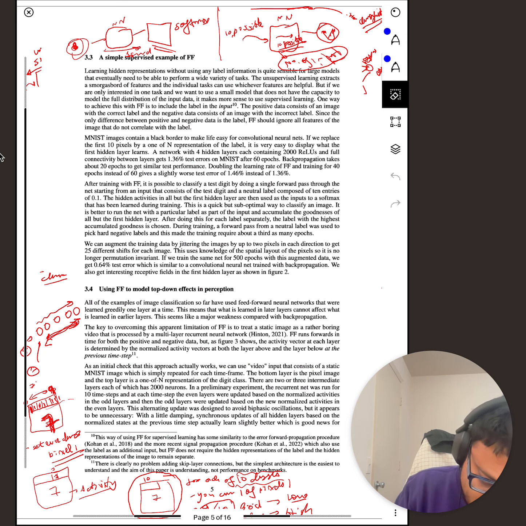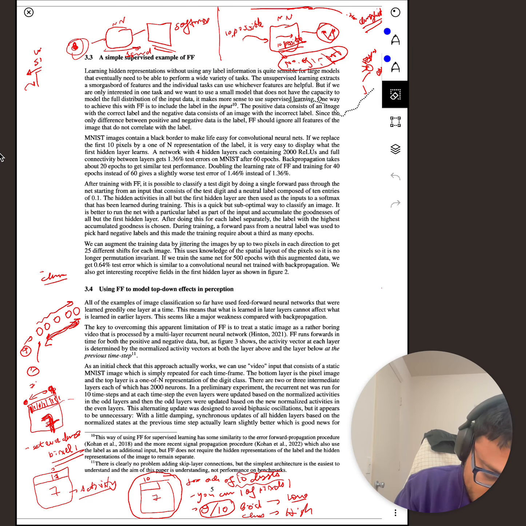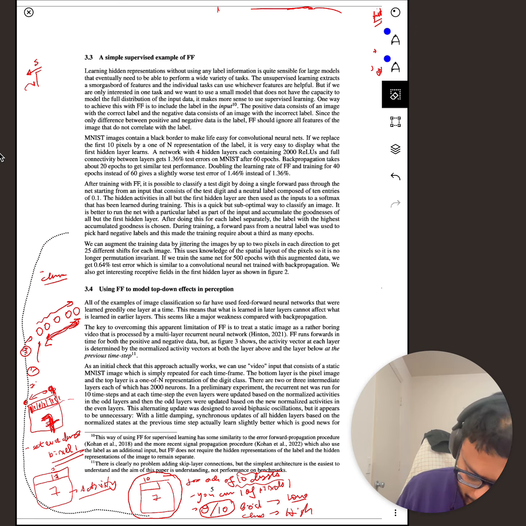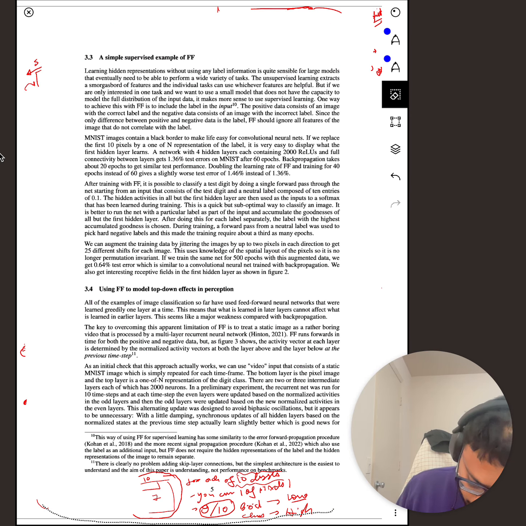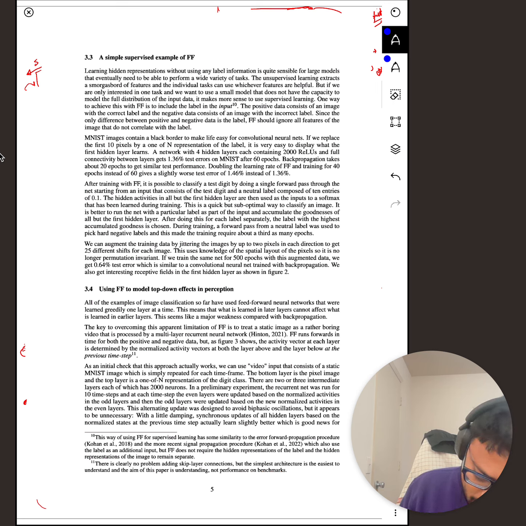Okay, so let's look over some of the philosophical stuff which Hinton wrote. This is something which he says is about modeling the top-down effects in perception. What does the top-down effect mean? What he means by a top-down connection is that in the brain,